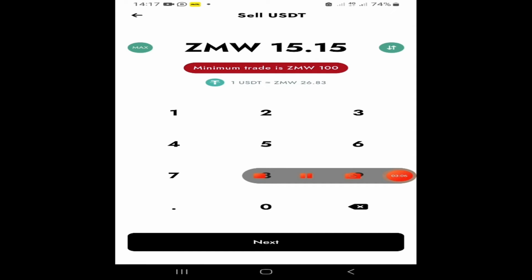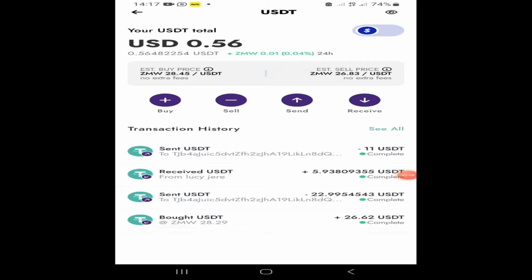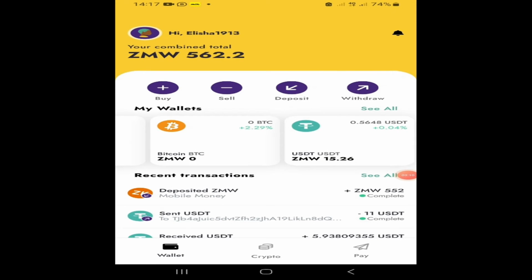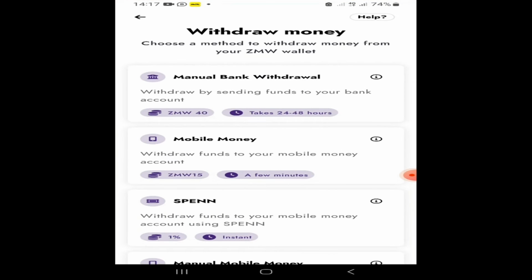After it gets into the main account, you now come back here. When you get back here, you simply need to click withdraw. You check on those tabs which are sitting on top there: buy, sell, deposit, withdraw. Click withdraw. Then choose the method by which you can withdraw the money. If you go by mobile money, then